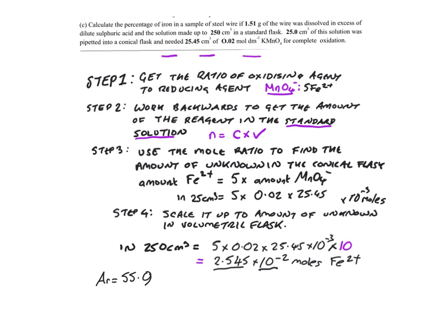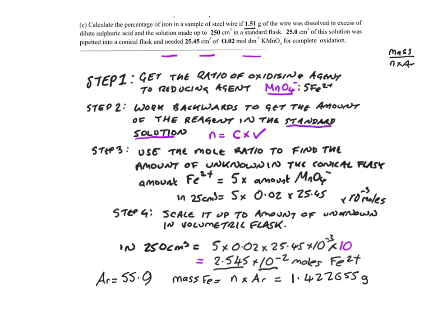So therefore, if we know the moles and we've got the relative atomic mass, we know that the mass of iron in the wire is equal to the amount times by the relative atomic mass, and that is equal to 1.422655. I'm not going to round down just at this point, and we were told that the mass of the impure steel wire was 1.51 grams, and the mass of iron that's present in there is this,